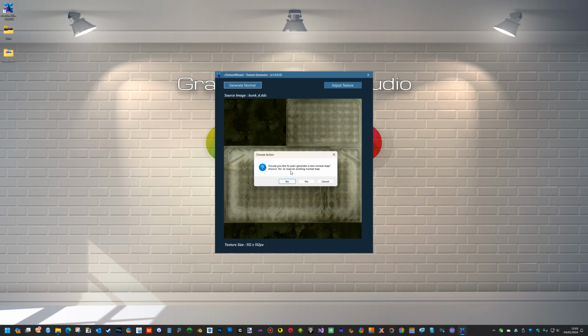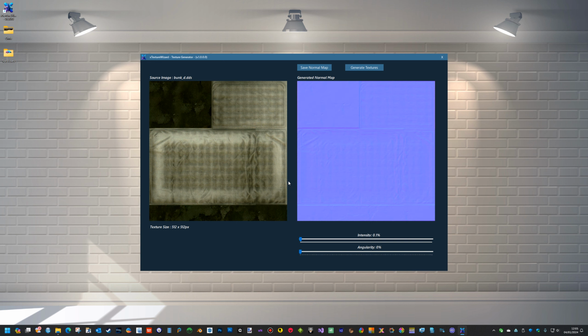So let's generate a normal map first. So we can either load an existing normal map or we can create one. 9 times out of 10 when you've got an old asset you usually only have the colour file. But the normal map for this wasn't that good anyway, so it's always best to just create a new one and then alter it to your